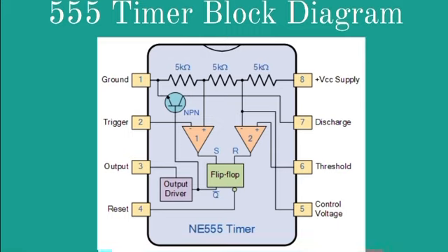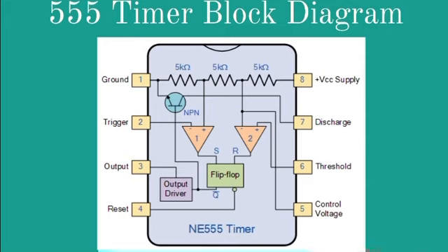So the pulse width of the output waveform is determined by connecting a POT or bringing in an external voltage to this pin. Okay, so the external voltage applied to this pin can be used to modulate the output waveform. Thus, the amount of voltage applied in this terminal will decide when the comparator is to be switched, and thus changes the pulse width of the output. So when this pin is not used, it should be bypassed to ground through a 0.01 microfarad capacitor to avoid any